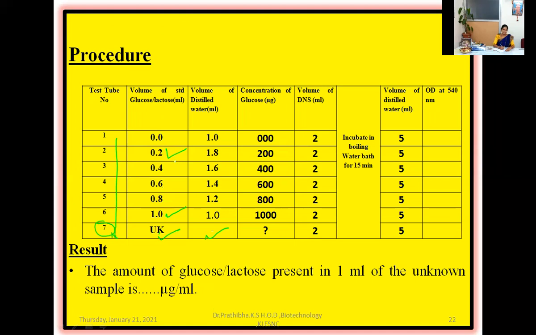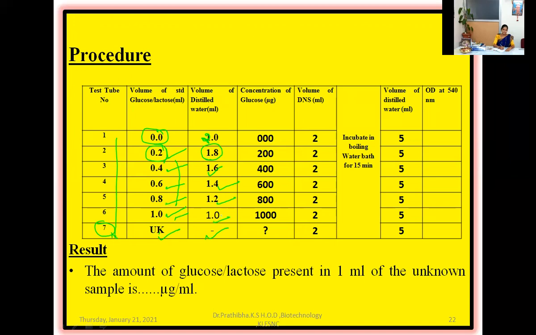The volume in each test tube will be made up to, sorry, 2 ml. This is the blank, 0, so this will be made up to 2 ml, right? 2 ml of water you are going to add. Here we have already added 0.2 ml of the glucose. When 0.2 ml is added, to make the final volume the same in all the test tubes, you need to add 1.8 ml. If this is 0.4, you need to add 1.6 ml. If you are adding 0.6, you need to add 1.4 ml of water to make the final volume 2 ml. Here 0.8 ml and this is 1.2 ml. And here this is 1 ml and this is 1 ml.